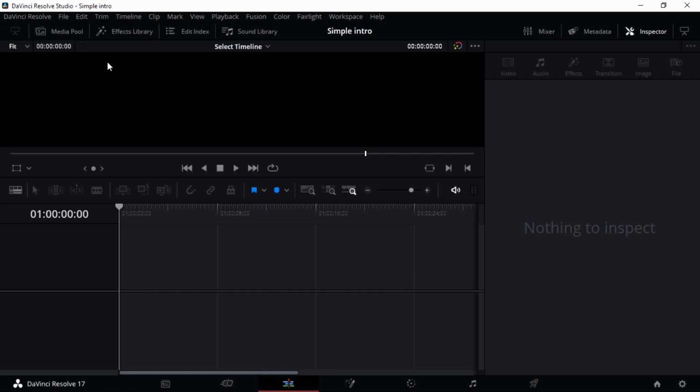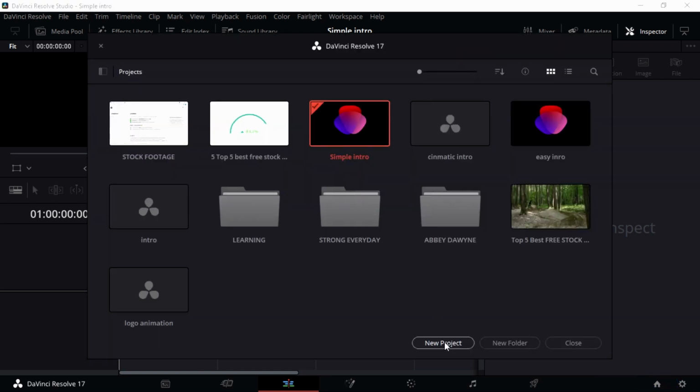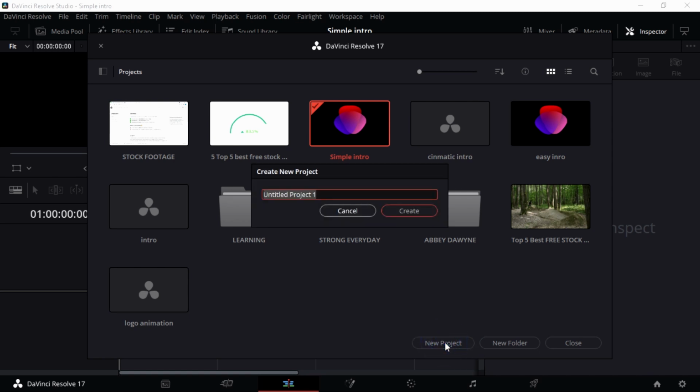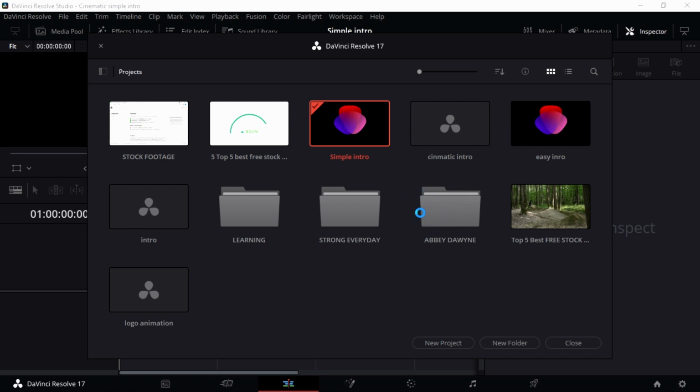Alright, so guys, here we are in DaVinci Resolve 17. We're gonna go to this button here, Project Manager, and we're gonna create a new project. So I'm gonna name it like cinematic simple intro. Yes, something like that. You can give it any name that you really want, but I want that, so I'm gonna go to create,